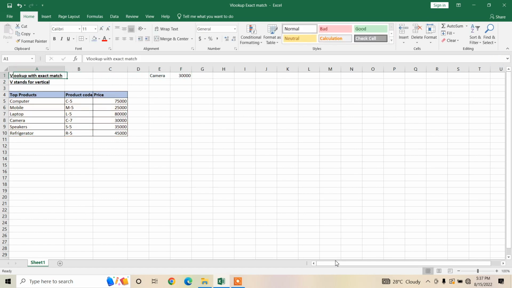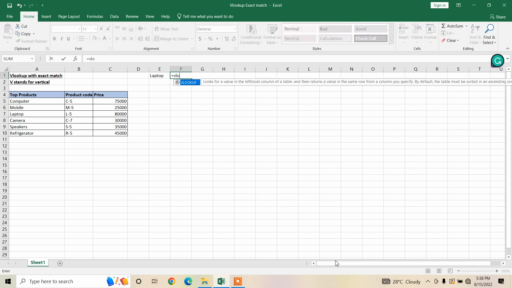Here I've already prepared a set of data. So for VLOOKUP, for example, if I have to know what is the price of laptop, that is 80,000. So here I'll just type laptop. The formula for VLOOKUP is equal to VLOOKUP